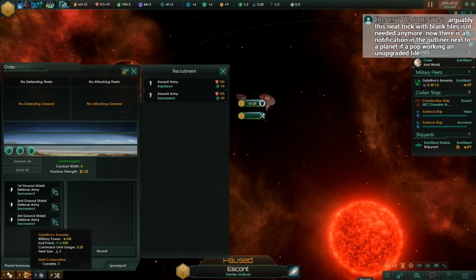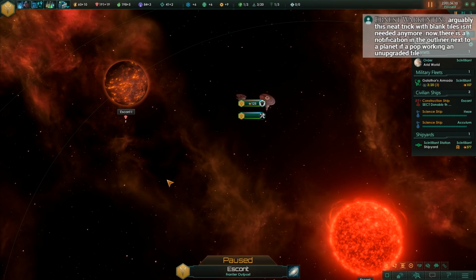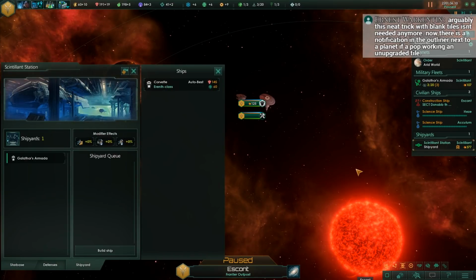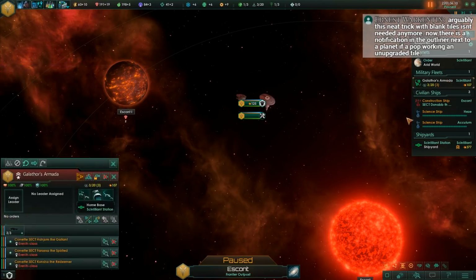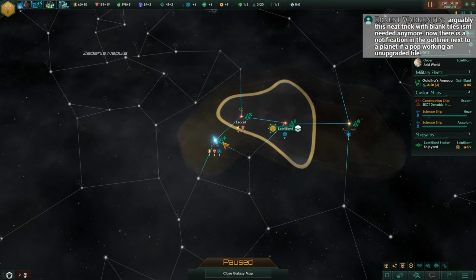What have I got on my hotkeys? I probably need to change this a bit around, so let's take those off. I'm gonna have my shipyard at number 1, and I'll have my starting fleet at number 2. Okay. Right, so I might...